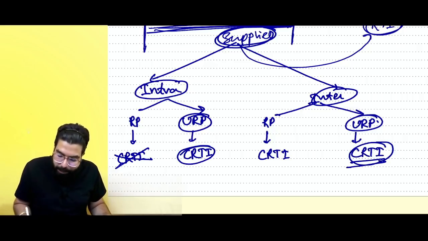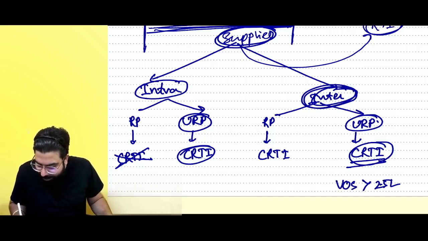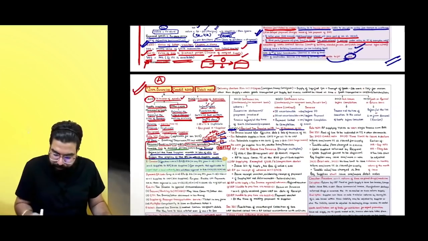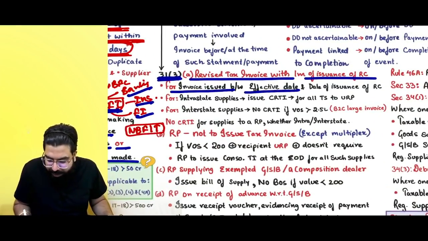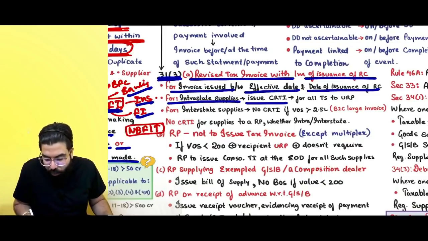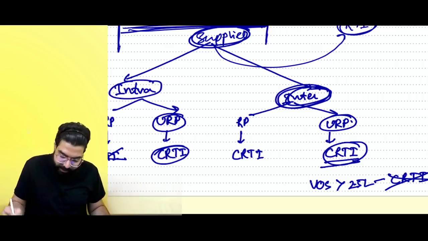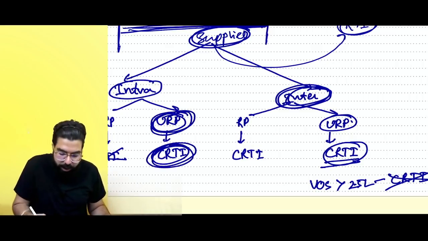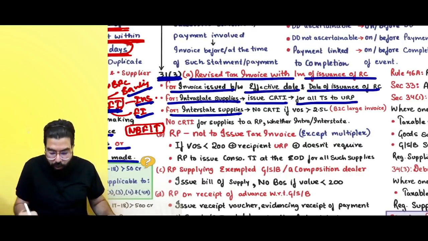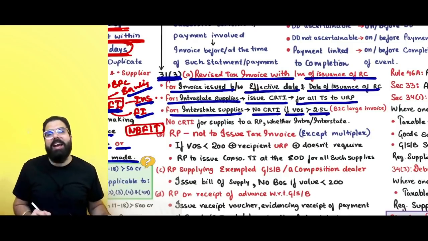But always remember, in case of interstate, if the value of supply is greater than 2.5 lakh, then in that scenario, a consolidated revised tax invoice is not possible. See over here, everyone. For invoices issued between the effective date to the date of issuance of the registration certificate, you have to issue a revised tax invoice. For intrastate supply, issue a consolidated revised tax invoice for all taxable supplies made to unregistered persons. For interstate also you can issue, but in interstate you can't issue a consolidated revised tax invoice if the value of supply is greater than 2.5 lakh, because